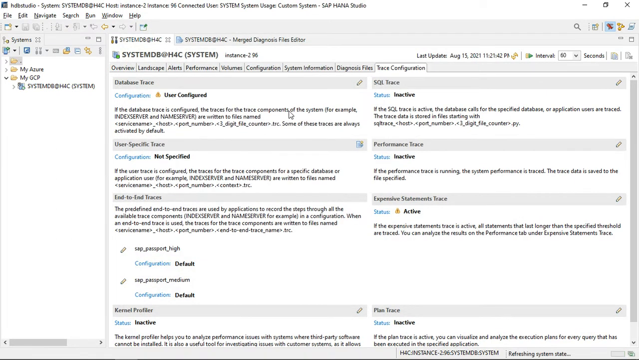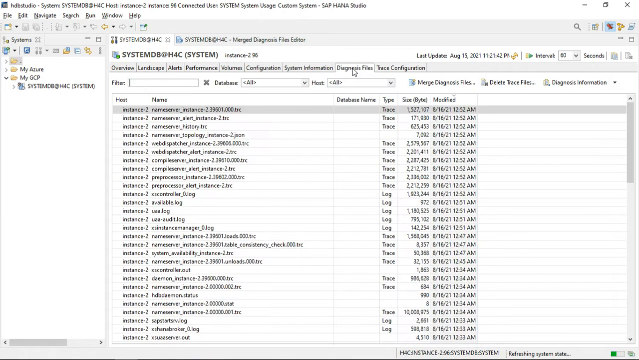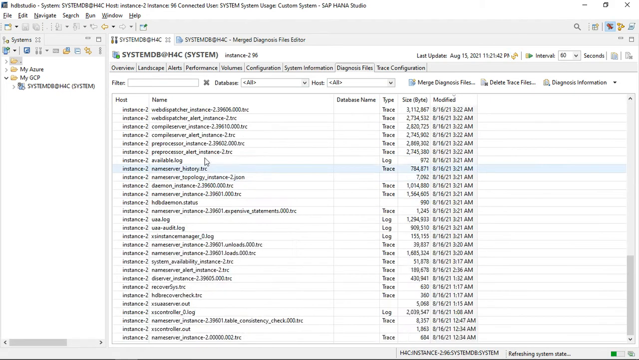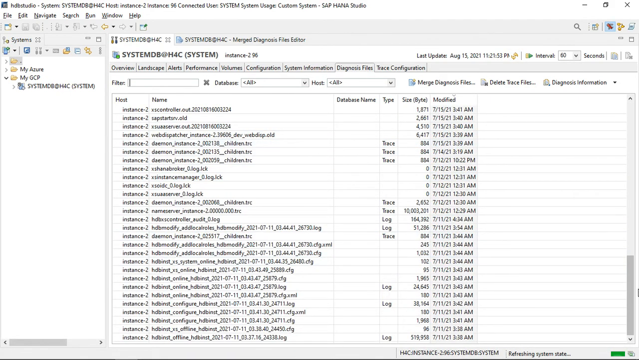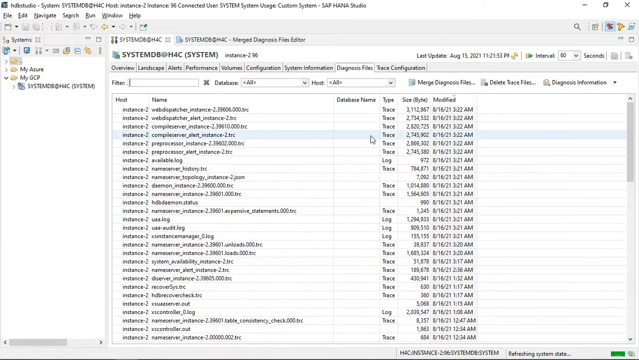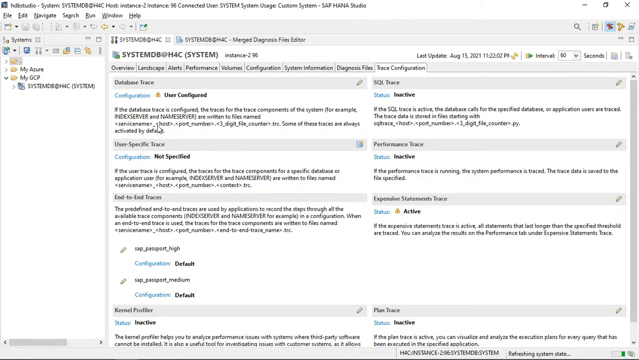Once you are done, click on finish and the trace will start. You can see now it has started. You can collect these traces in the same diagnosis files section. Just refresh, and after some time your trace will start collecting, and the name will be backup because we have started it as a backup. You can see the name over here. The written files are named like service name, host, port name, and 3-digit